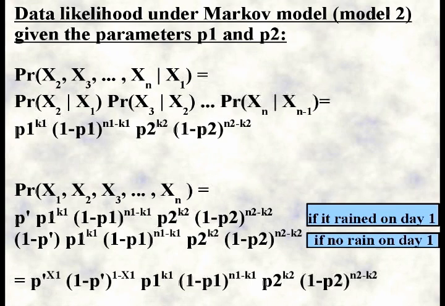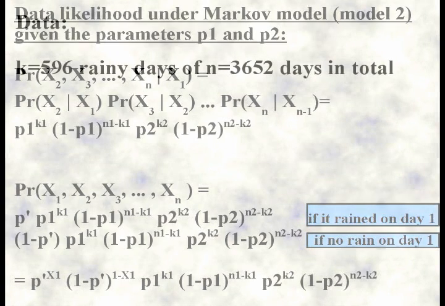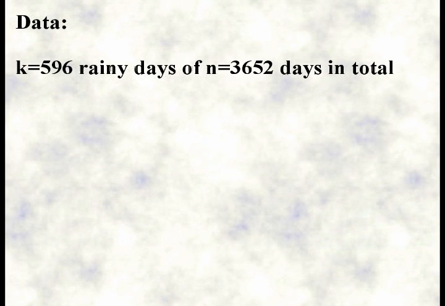Getting data about rainy days is something you can collect for yourself, but if you want a lot of data, it's better to go to a meteorological institute like I did. There I got a set of daily measurements of precipitation for 10 years. I then thresholded it at 5 millimeters of rain. With this data I got a total of k equal to 596 rainy days out of a total of n equal to